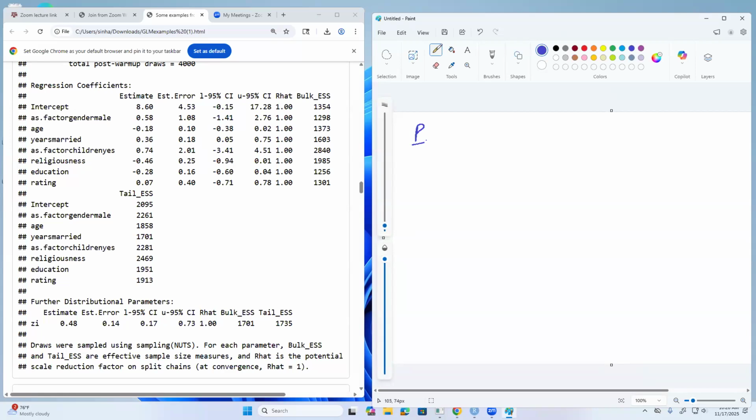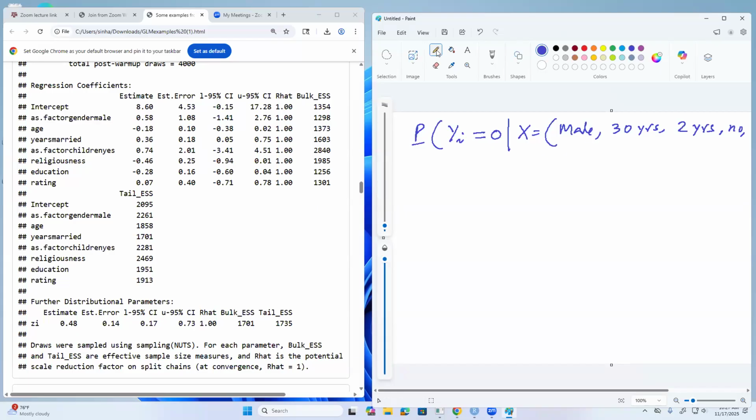What is the probability that yi equal to 0, given that someone's gender, okay, so male, and then age, let's say 30 years, years married, maybe 2 years, and children, no children, okay, religiousness,